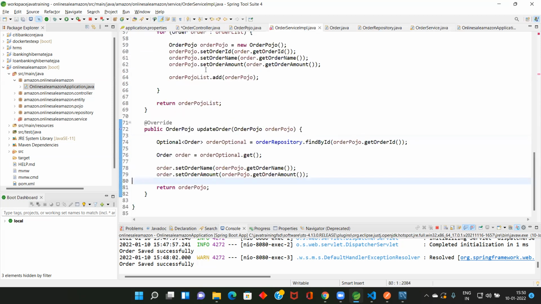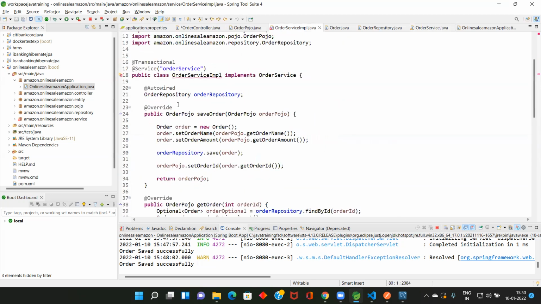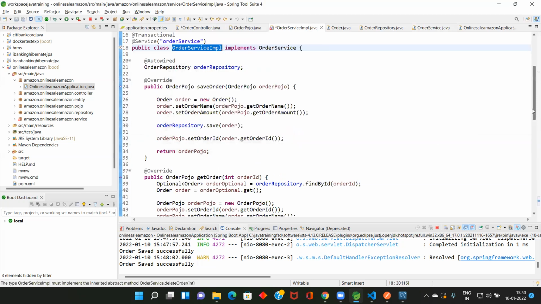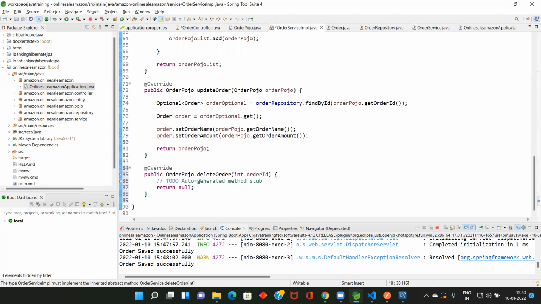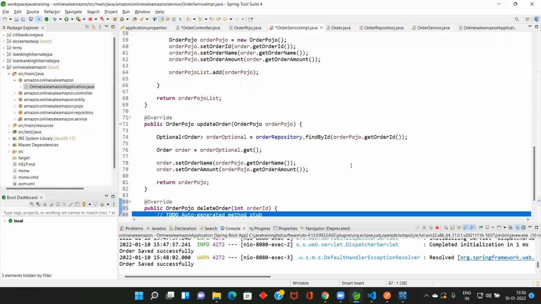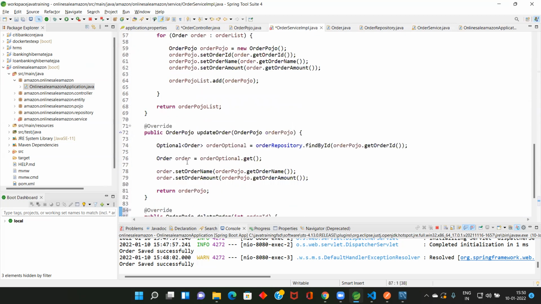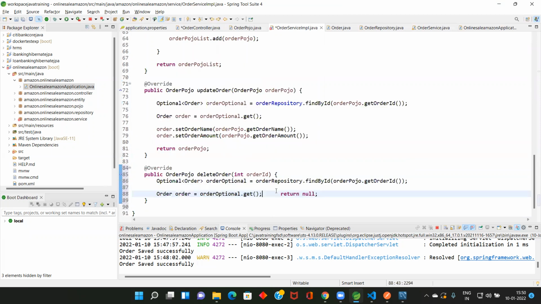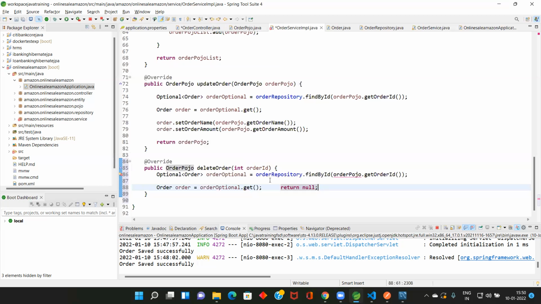Okay, now go to the service, add this implementation. How will you add the implementation? Add unimplemented method. So a default method structure is created. To delete, what we will do, we also deleted when we learned JPA. Pull the record, Control C. Pull the record. After that, what are you going to do? For delete, we are going to send order ID, right? Order ID. Control C, Control V. Order ID. We got the order.